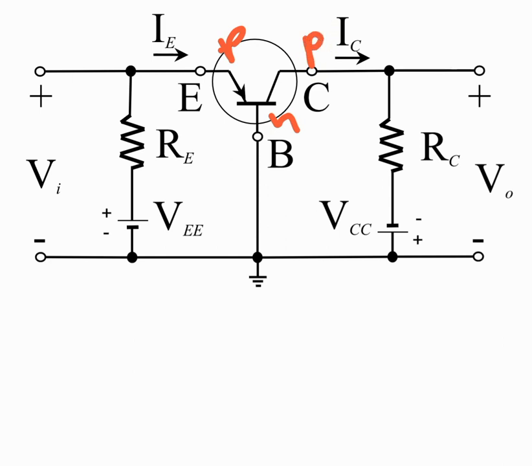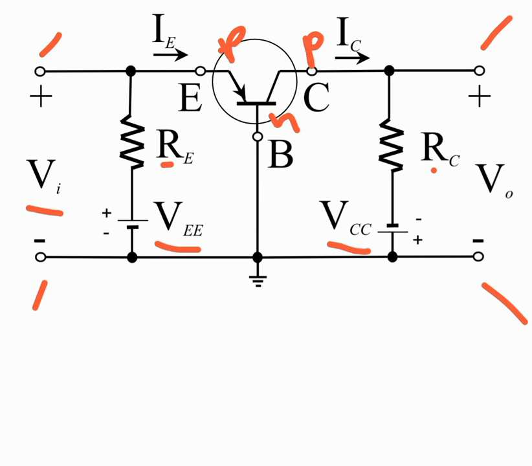Now, Vi is an external voltage, an alternating current signal that can be applied across these two terminals, and VO is an output voltage, again an alternating current signal, that will be taken across these two terminals. And these two voltage sources, VEE and VCC, are used to provide the biasing to this BJT circuit through the resistors as shown. When I say DC biasing, it means it sets the operating point, or Q point, of this circuit